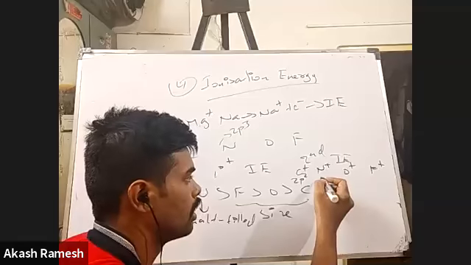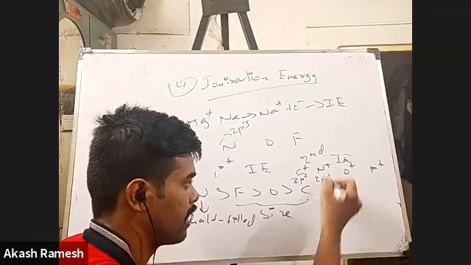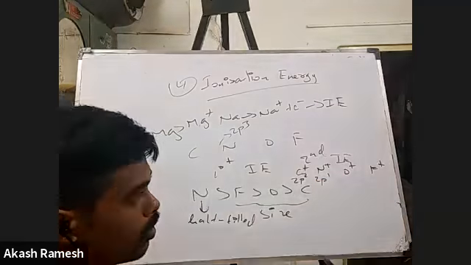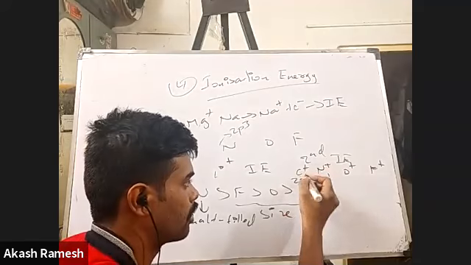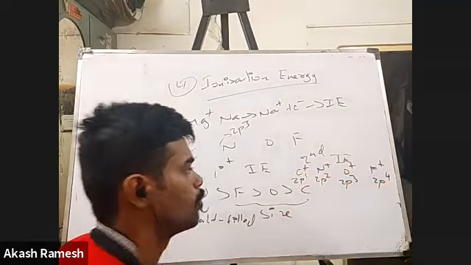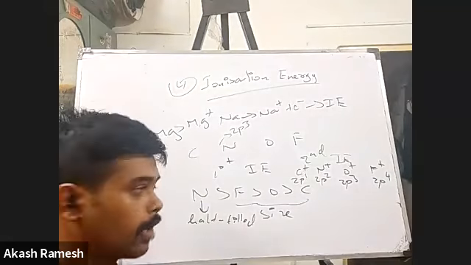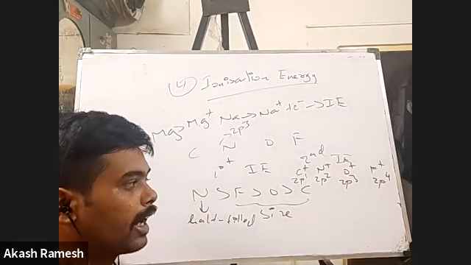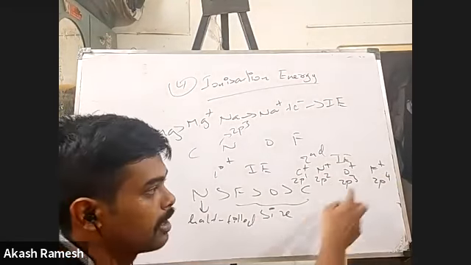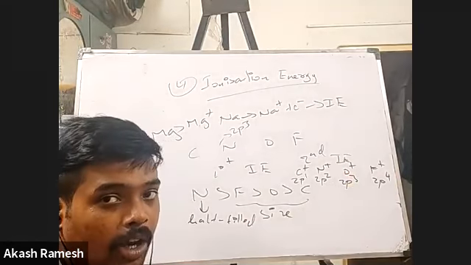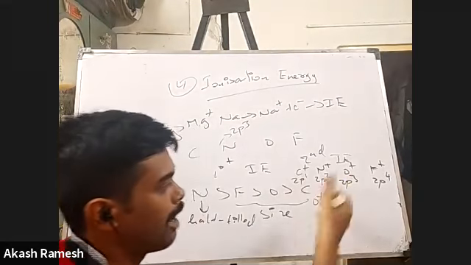So carbon would have had 2p2, nitrogen would have had 2p1. Am I right? 2s2, 2p2. Oh, it's 2p1 for this one. It's 2p2, 2p3, and 2p4. Yes? This would have been the configuration for all these cations. Correct? Fine. Now again, I have to go for half-filled stability first. Obviously, which is having half-filled? O plus is actually having this. So O plus will have maximum energy.